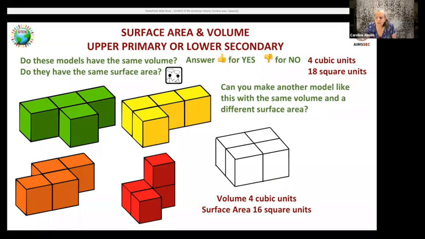Zach says, does the green model have the same surface area as the red model? So on the green model, I see 4 on top, 4 underneath, 4 plus 3 on one end, that's 8, 9, 10, 11, 12, 13, 14, 15, 16, 17, 18. I see 18 on the green. I'm going to count the top ones. I've lost track. Well, I think they are all the same,